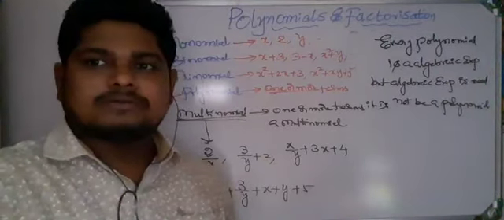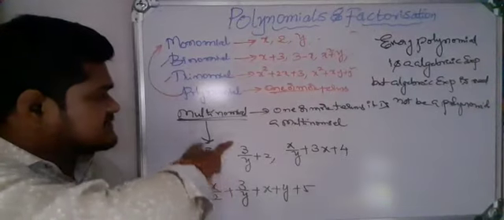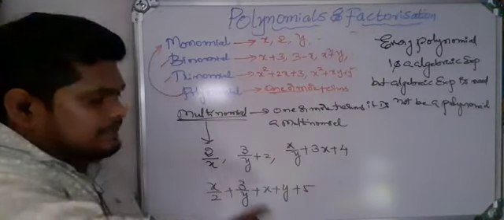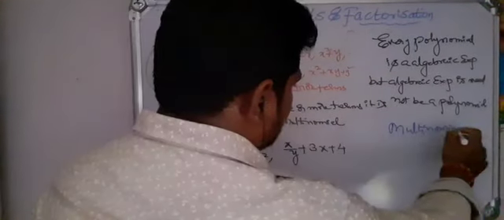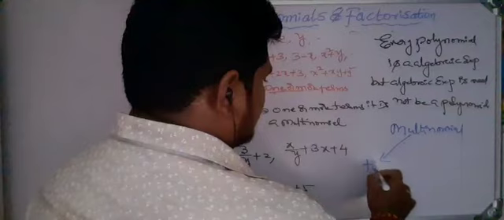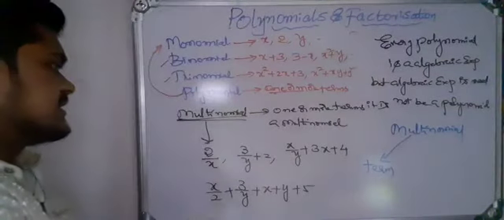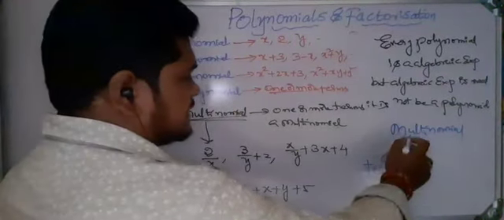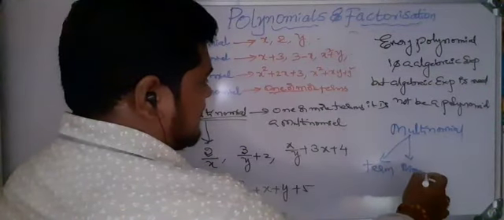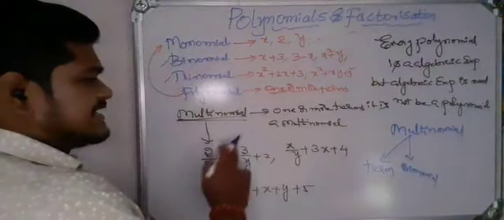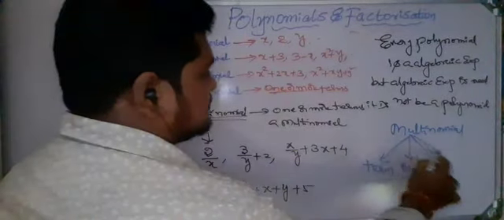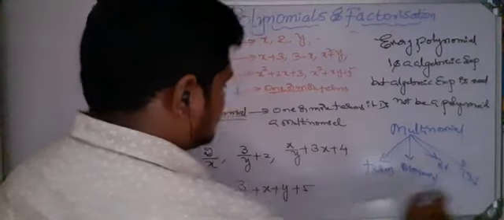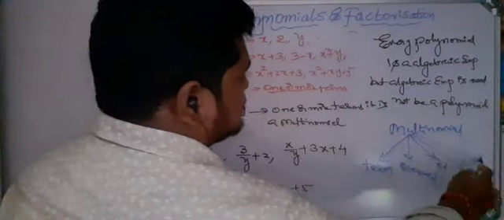Once observe this one, this is a term. That means every multinomial becomes a term. How we can write a multinomial means, first of all, it contains a single term. That means it is a term. Next, it contains only one term, so it should be a monomial. Second example, it should be a binomial. Third example, it should be a trinomial. If it contains 4 terms or more, it should be a polynomial.